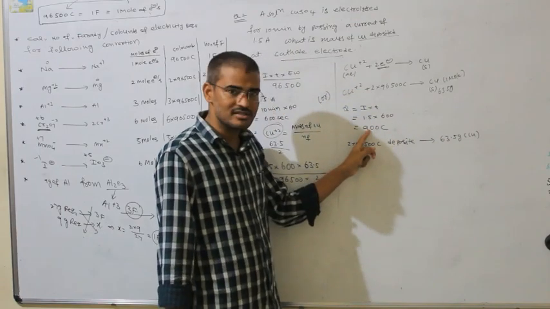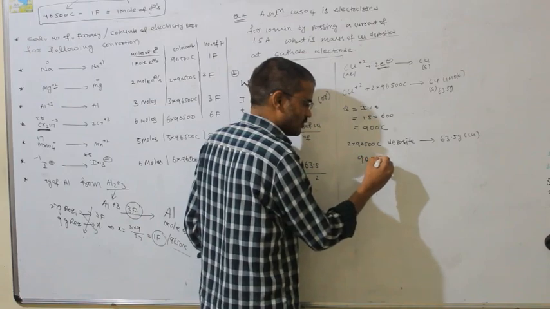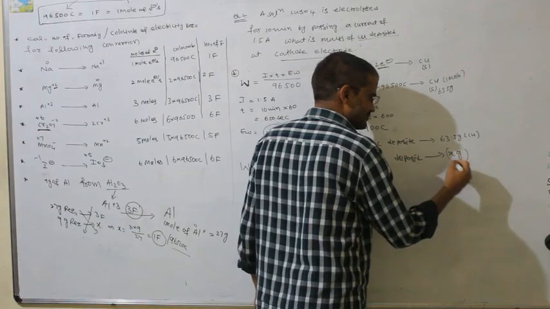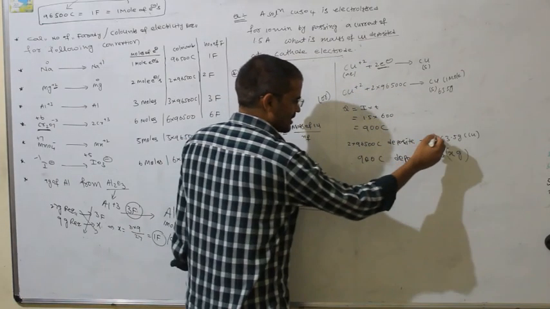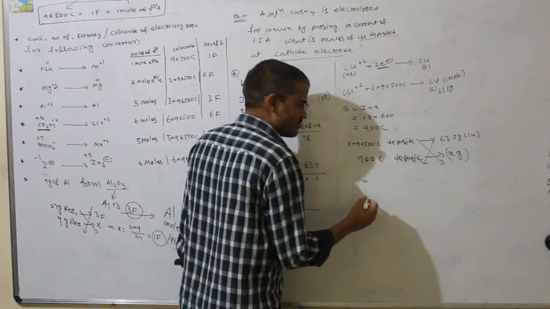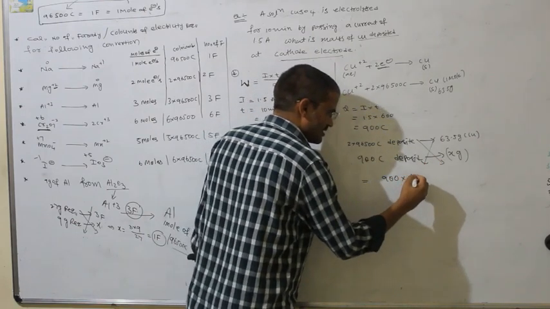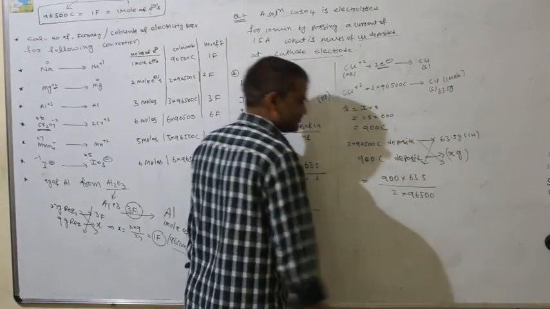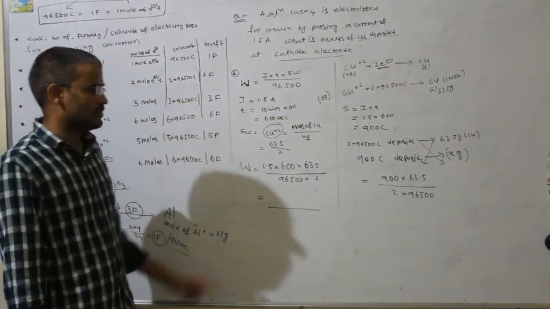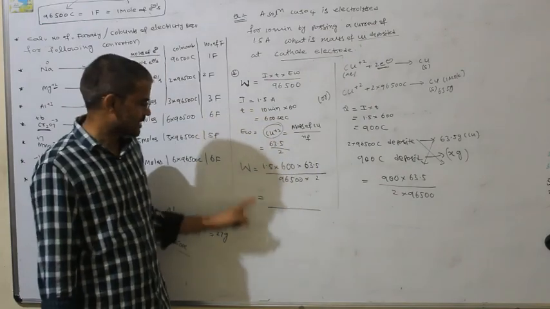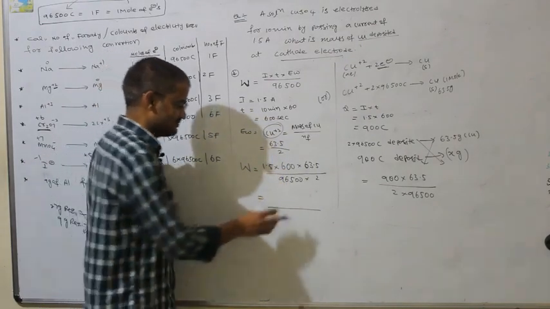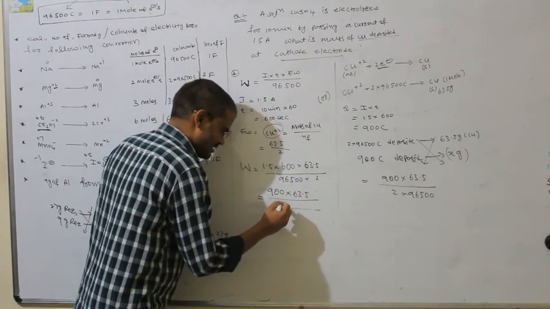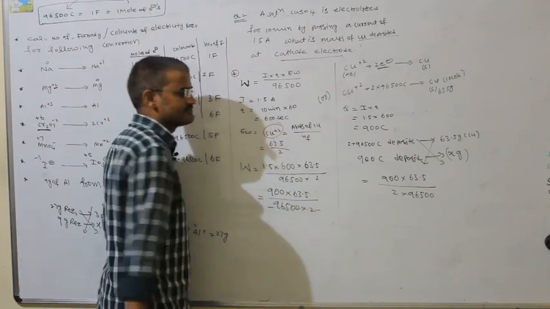From there I get this statement. Now how many coulombs are we passing? 900 coulombs. So what can you write? 900 coulombs will deposit some x grams. So for this x gram, just cross multiply. X is equal to how much? 900 into 63.5 by 2 into 96500. Look, both are the same. Multiply this 1.5 into 600, how much does it become? 900 only. 900 into 63.5 by 96500 into 2. Look, both are the same.